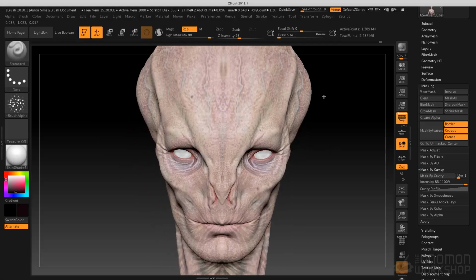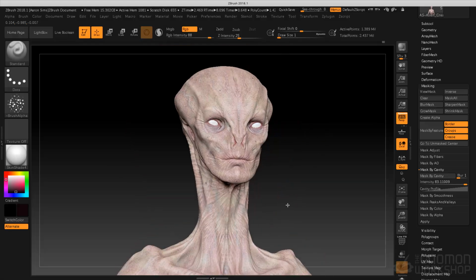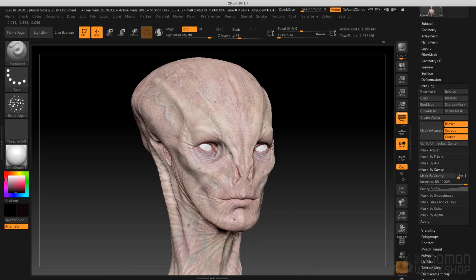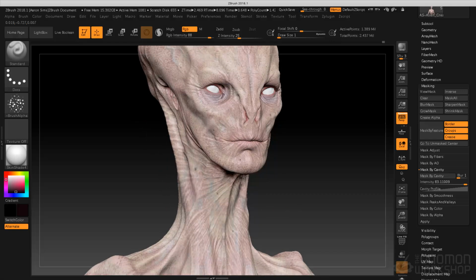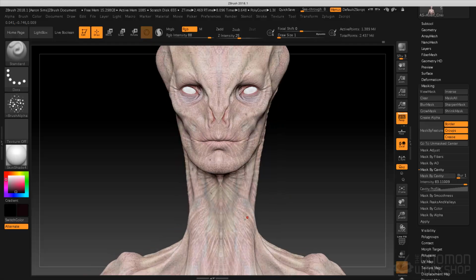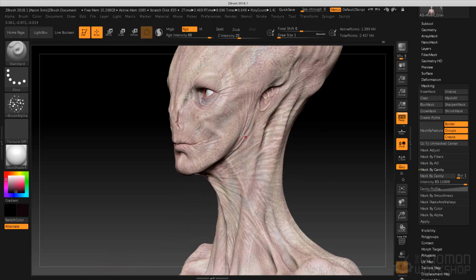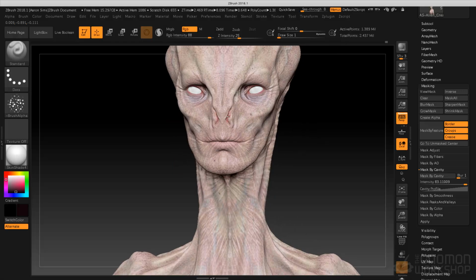So this is an alien. A lot of times with aliens and creatures that are basically born this way and not deformed, I'll go very symmetrical, and I'll break it up a little bit for the organic quality. Let's say when I'm doing a demon or something for a horror film, I'll actually go a lot more asymmetrical, because there's something unsettling about asymmetry. It feels unnatural. There's something that feels very natural about symmetry. And when we're creating a creature that was born this way, that's not supposed to be deformed, an alien,